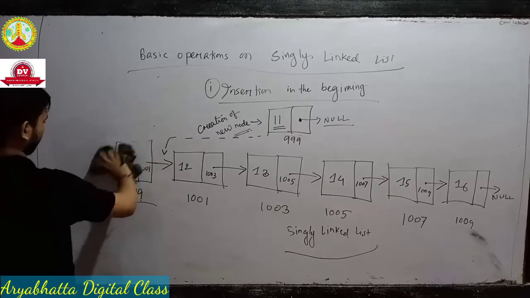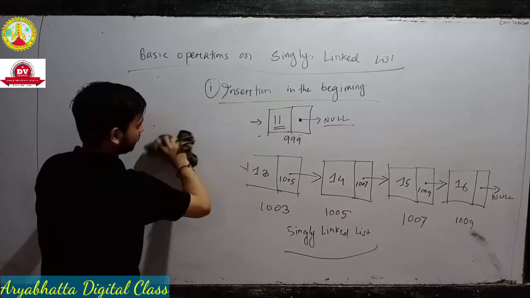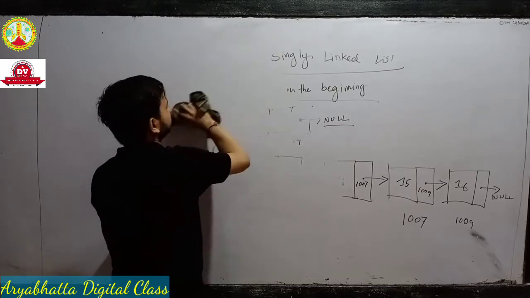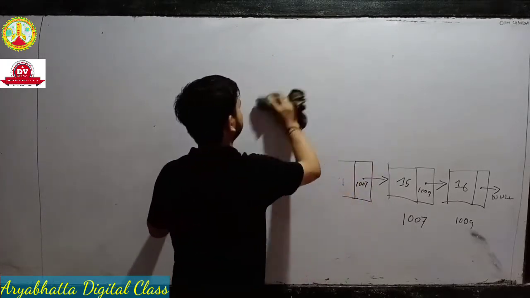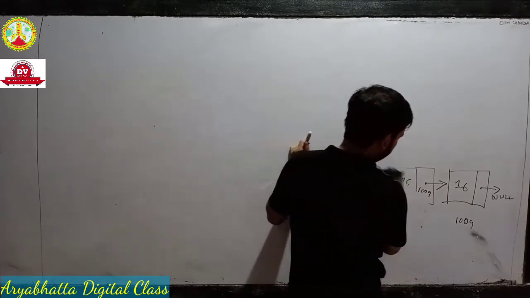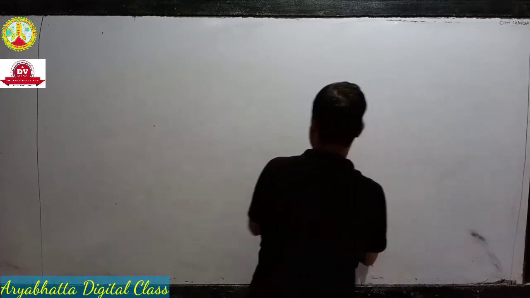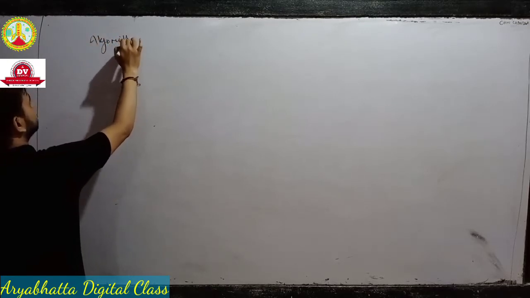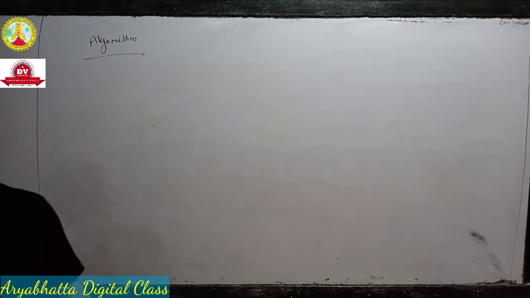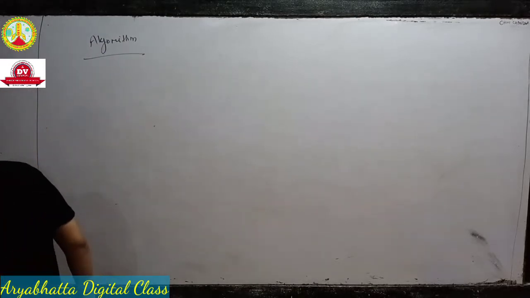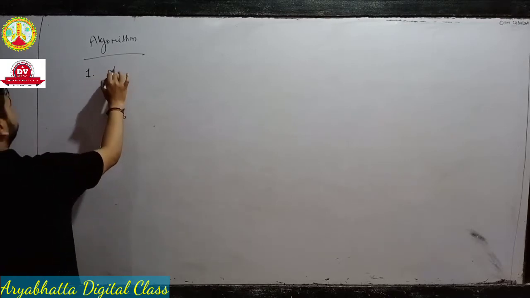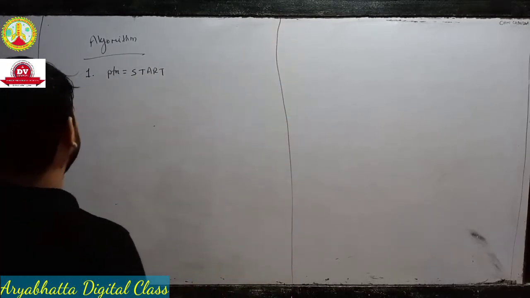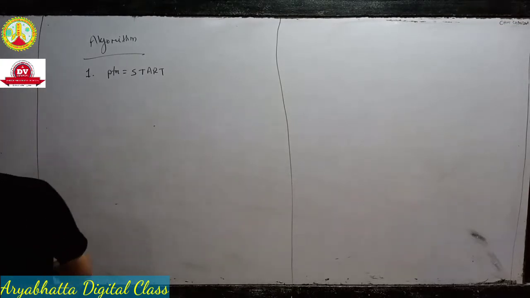In the algorithm, first we write ptr equals start, which means we assume the start pointer as ptr. Okay, after that,